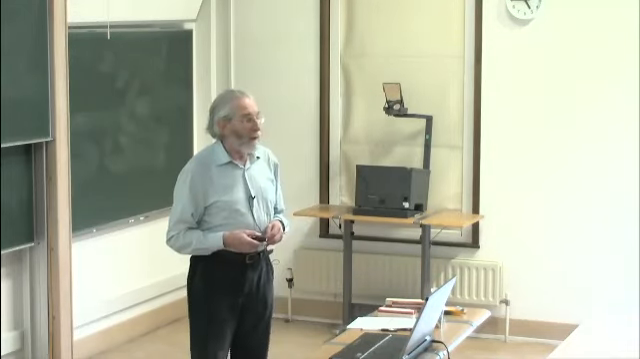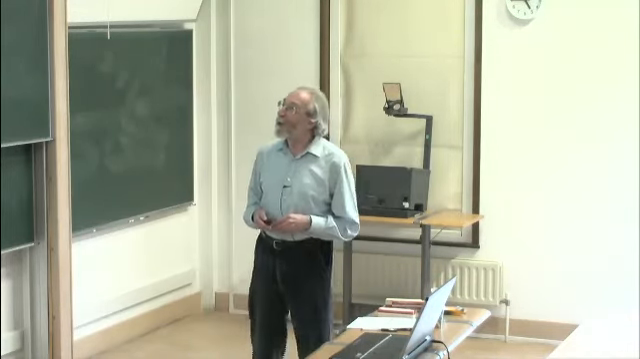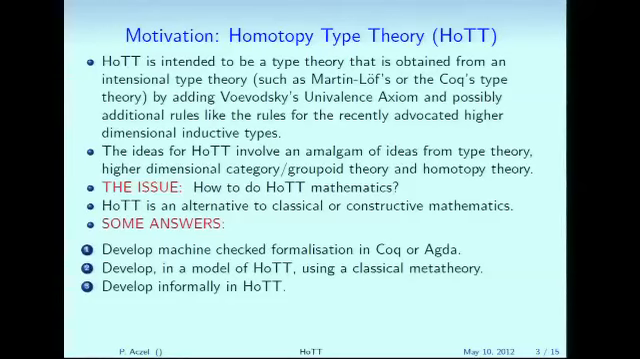So I'm going to show you three possible answers to this question, how to do homotopy mathematics. First approach, develop machine-checked formalization in Coq or Agda. Coq or Agda are nice for our purposes because they implement an intensional type theory. So one can choose to see what happens if we add, say, the univalence axiom and what one can prove from that, and possibly also